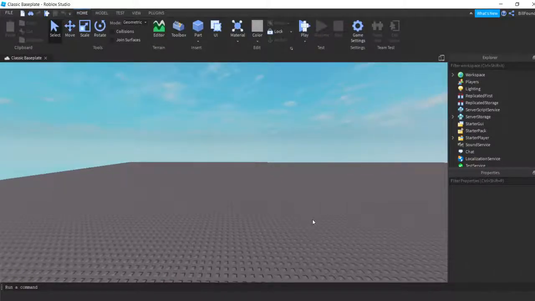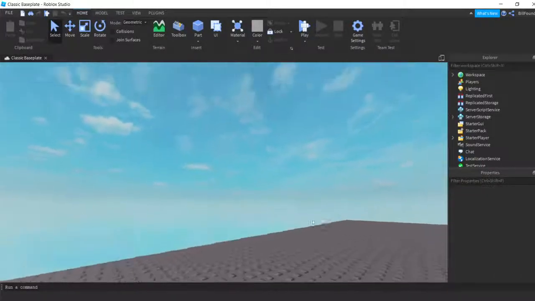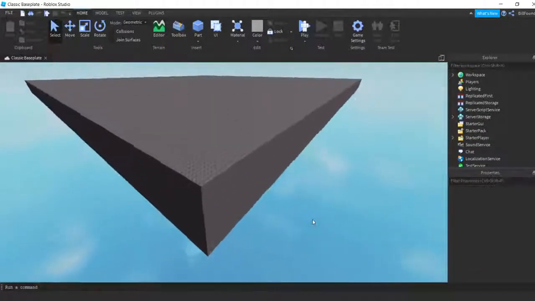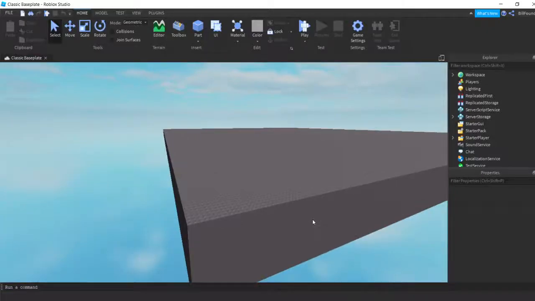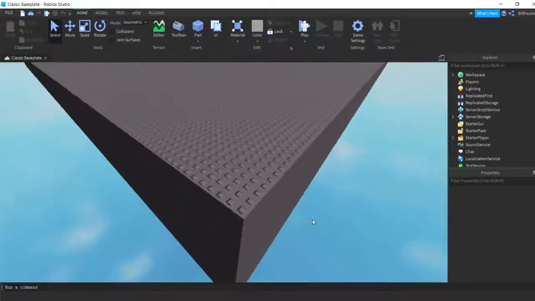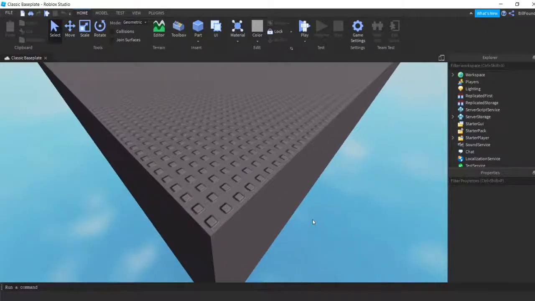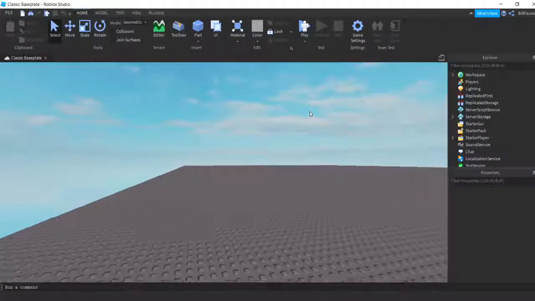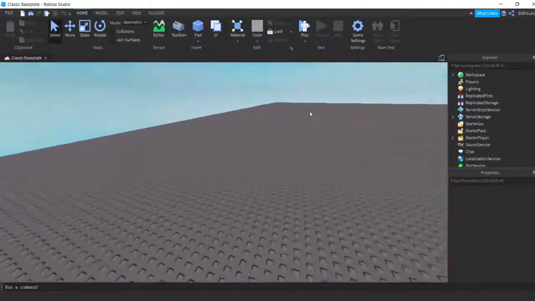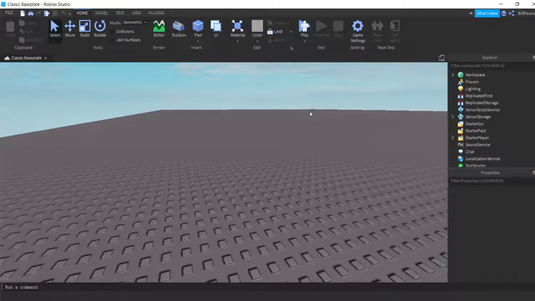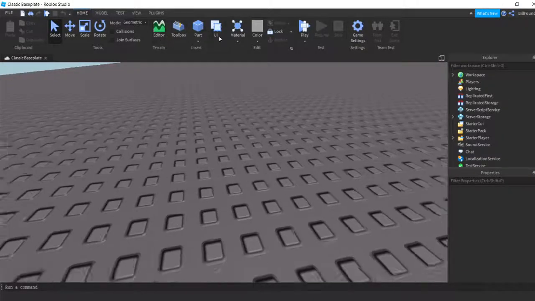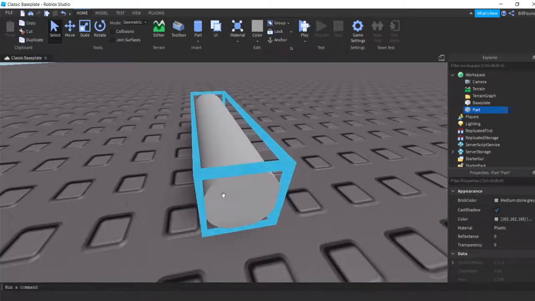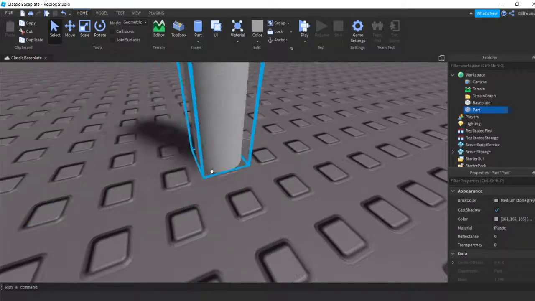And in today's video, I'm going to be showing you guys how to make your very own game on Roblox. And you could potentially earn a lot of Robux from this. So, what you're going to need to do is we're going to need to come up with the premise of the simulator. So, I'm going to make a cylinder here, and I'm going to rotate it to